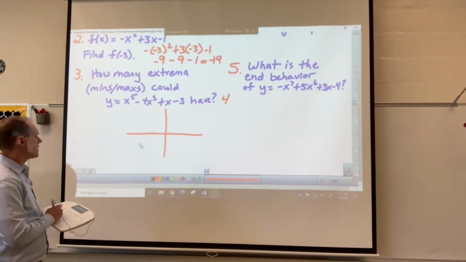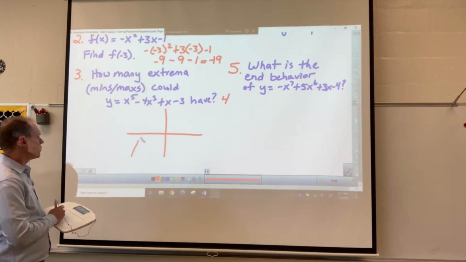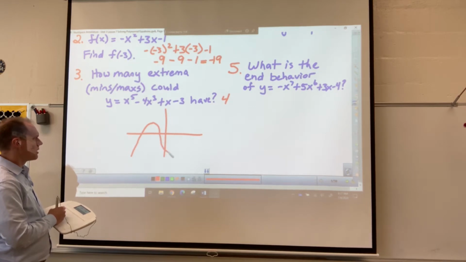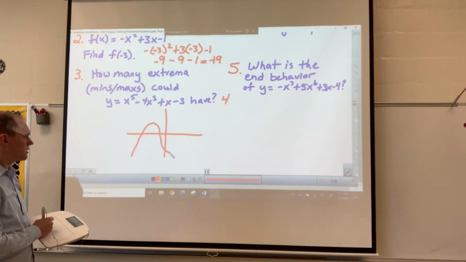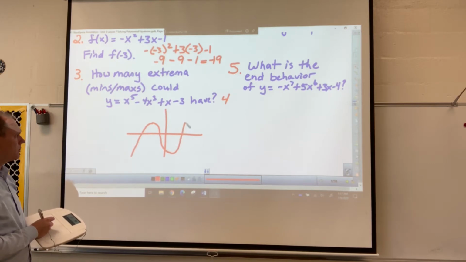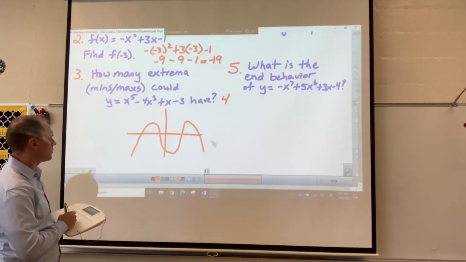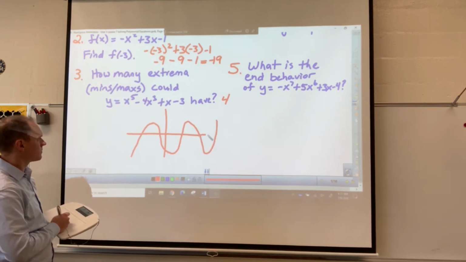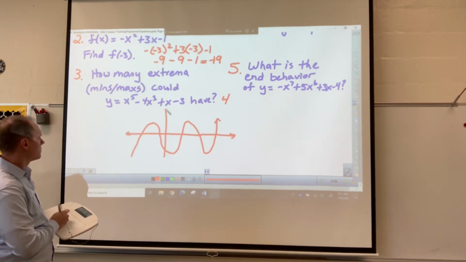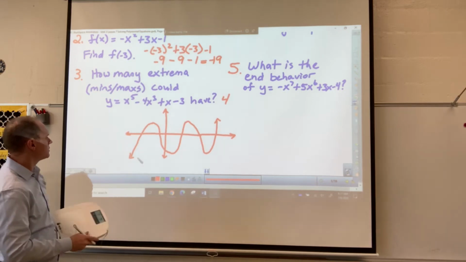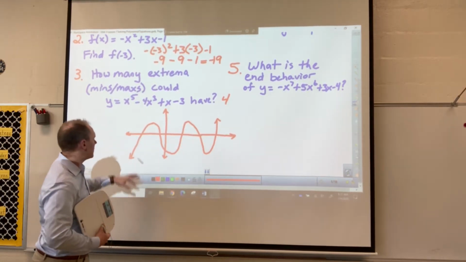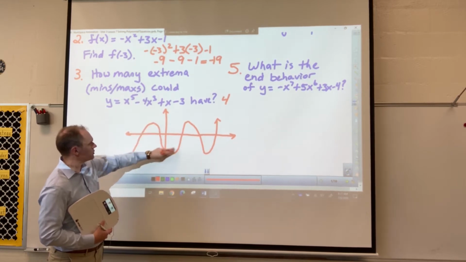So if it crosses 5 times, we'll just start down here at the bottom left. Crosses once, then I have to have 1 extrema to get back down to cross twice. And then to cross again, I have to have another extrema to get back there. And then 1 more extrema to get back down to cross for the 5th time. All right, 1, 2, 3, 4, oh sorry, 1 more, and 5. So there are 5 zeros, 1, 2, 3, 4, 5, and we had to have 1, 2, 3, 4 extrema